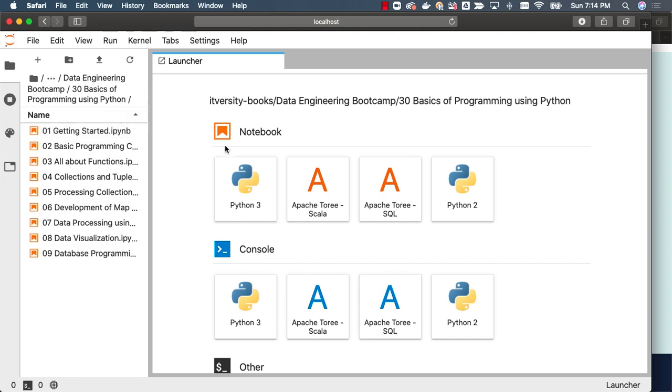This is how you should be able to quickly set up Anaconda on your Mac by using Brew, and then try to launch Anaconda Navigator, and then launch Jupyter Lab to get into this environment, navigate to the folder where we have the notebooks, and you should be able to practice from here.